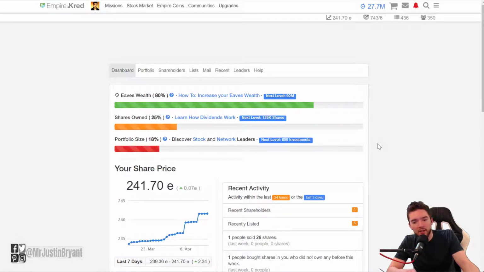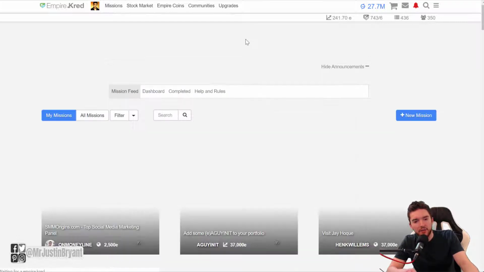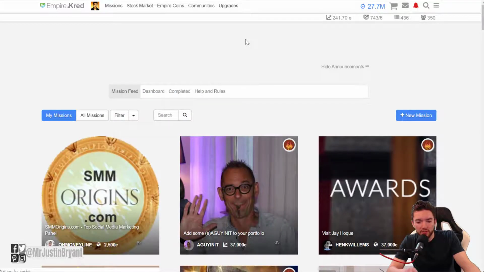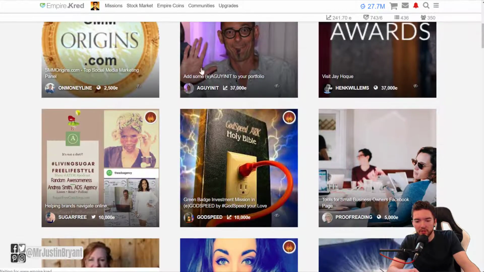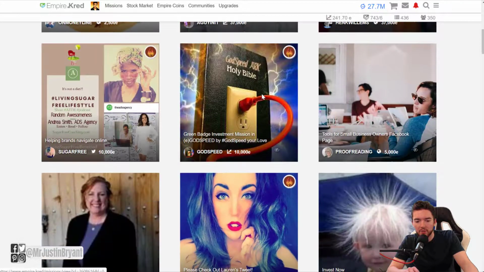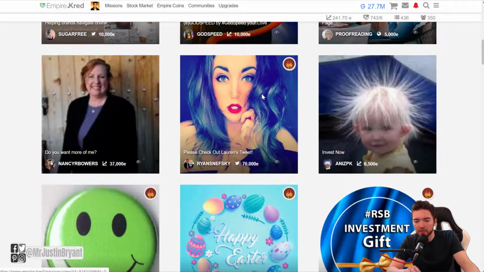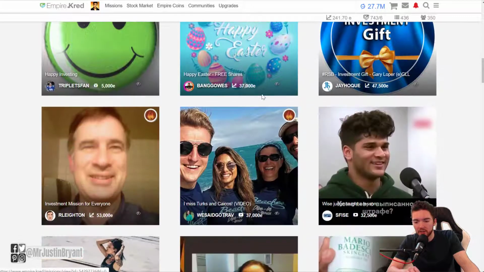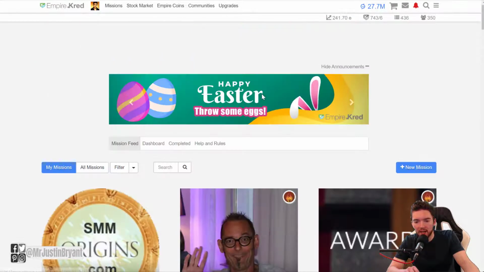And then you can invest in other people and you can increase that value, or you can do missions for people. If you go to missions up here in the top left, you can do missions, you earn Eves, which are the points that you earn, and then you can use those points to run your own mission. So let's say you do some of these missions, they'll tell you how much they pay. You can basically just visit a web page or visit a tweet or visit a YouTube video or something like that. And if you think it's cool, it's up to you whether you share it or comment or something.